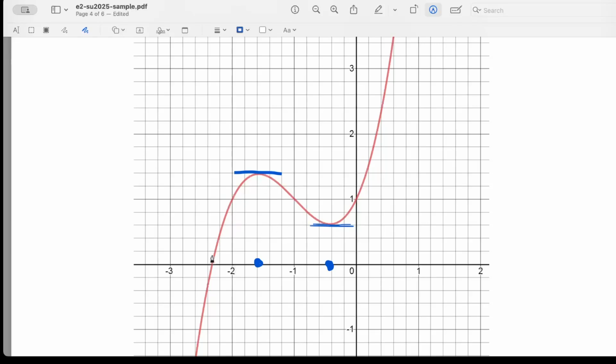Because an increasing graph, as you move left to right, has a positive derivative, and a decreasing graph has a negative derivative. So the sign of the derivative in here is positive right there. It's negative in this part, in between the two zeros, and it is positive again out on this side,